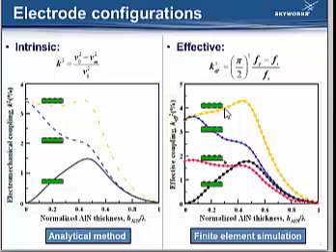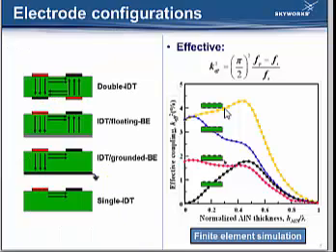In the right figure, we compare four electrode configurations instead of the three configurations in the left. This is because for the IDT with the bottom electrode case, there are two conditions. One is the blue curve in the right, which is when the bottom electrode is in floating potential. And the red curve in the right figure is when the bottom electrode is grounded. Taking a closer look at the four configurations,